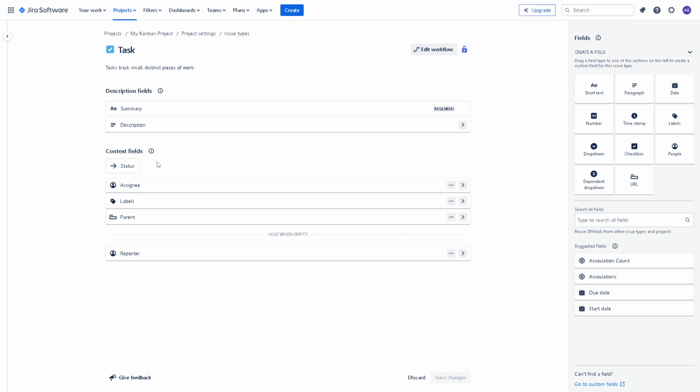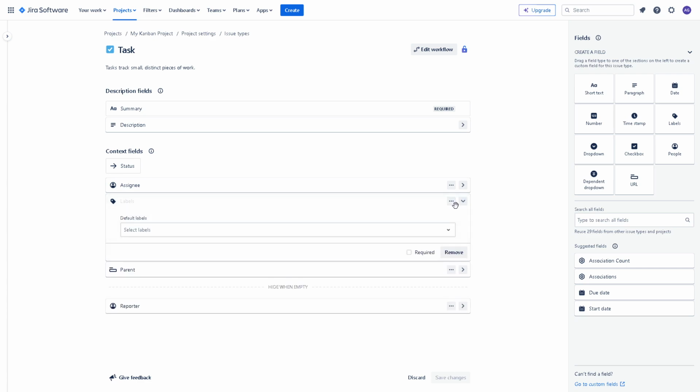And from here, from the context fields, you have the status, the assignee, and obviously you can see the labels here. Now, if you click on the arrow, there's a lot of information that you can choose. And from here, you can simply put the default labels that you wanted. Say, for example, this is a